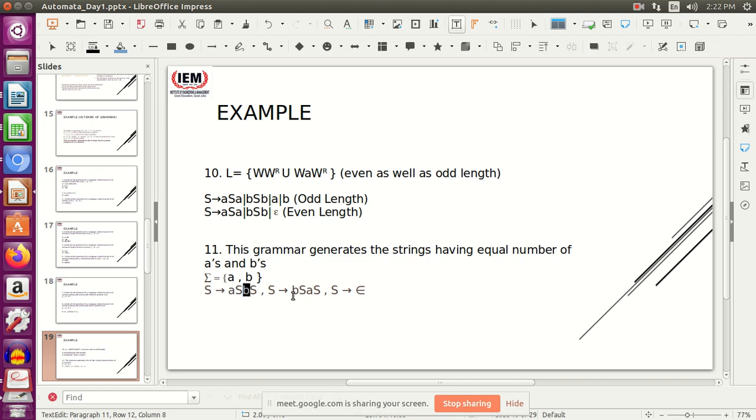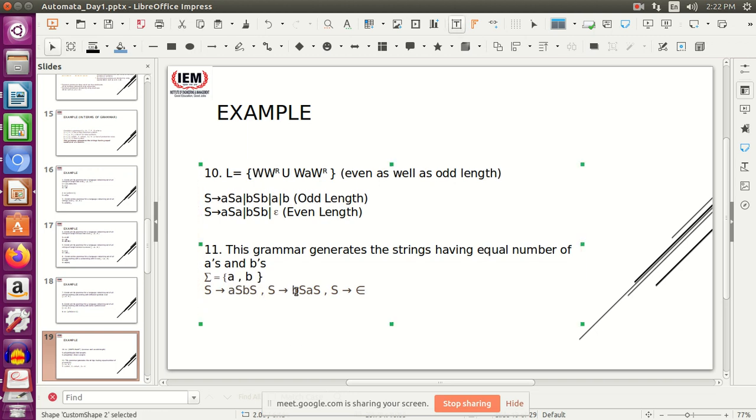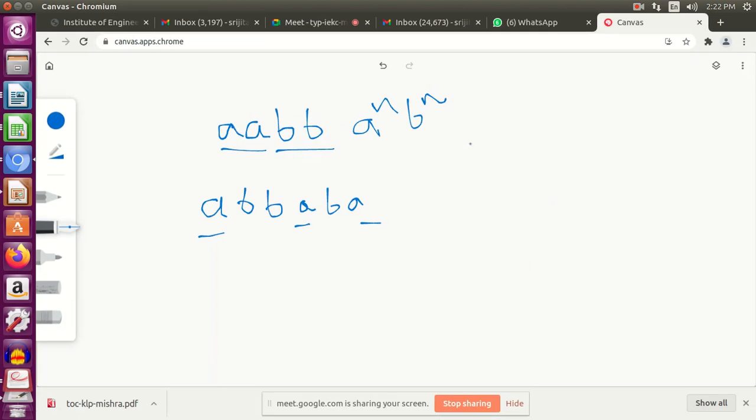Again we can have two possibilities, either the string can start with A or B. So for all the strings starting with A, this is the production rule. For all the strings starting with B, you have this production rule, that is B. For balancing this B, we have this A, and then again in between and at the end we can have anything and everything. Okay, so let's check out with a string whether it's working properly or not, right? So let's check out this string only.